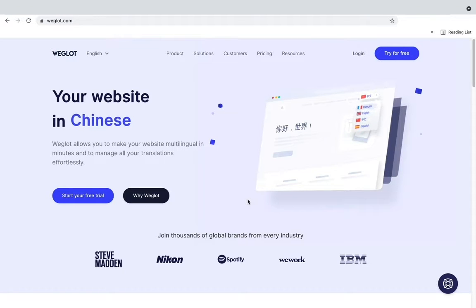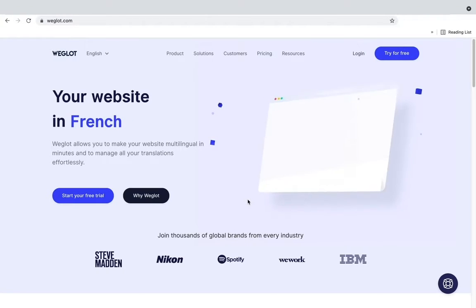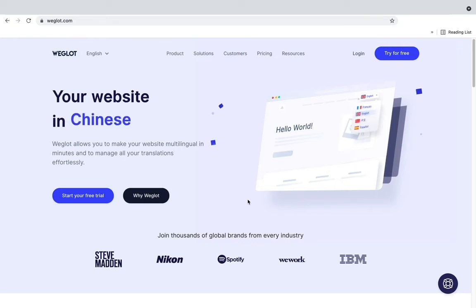In today's video I'm going to show you how to translate an external link with Weglot. Weglot provides an external link translation feature which allows you to display a different link on your translated pages. This way you can localize the resources on your website and improve the user experience for your international